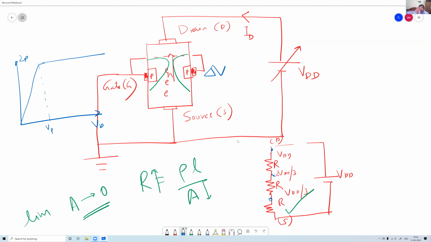Why is this curve like this? Why at one point VD, ID saturates, and why does it not become zero? This is a very, very popular question among the question paper setters, for example: why the drain current does not become zero at pinch off. Okay, all okay, good.